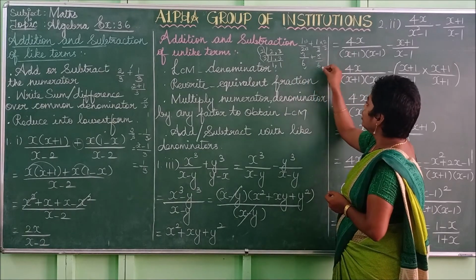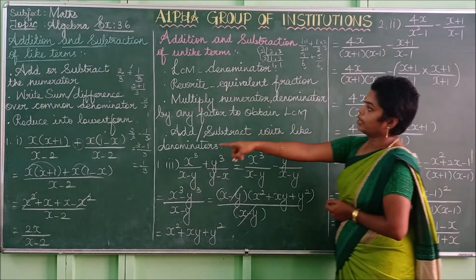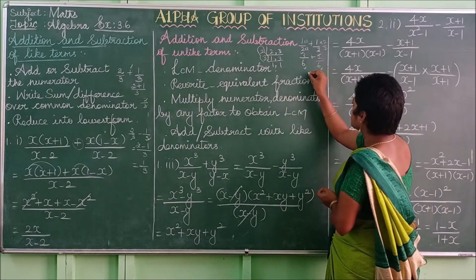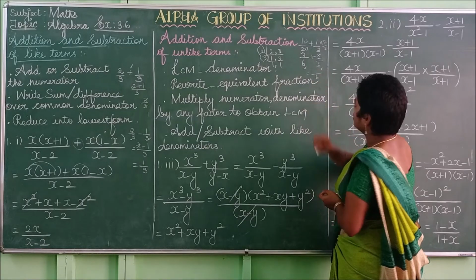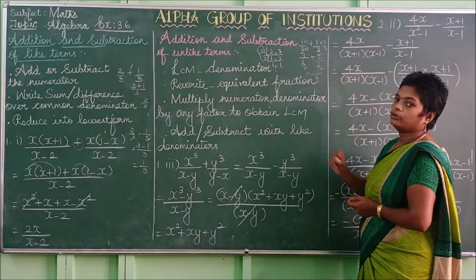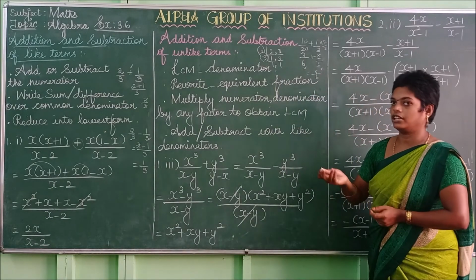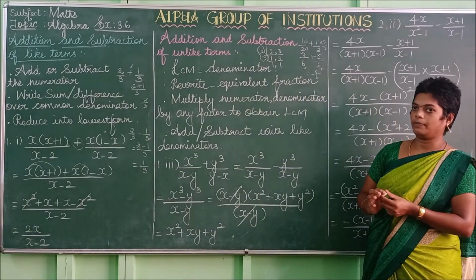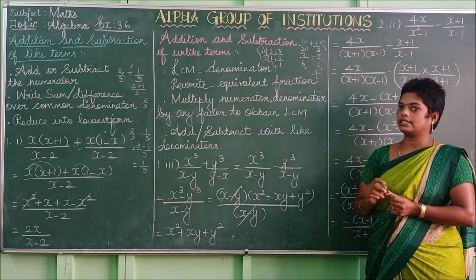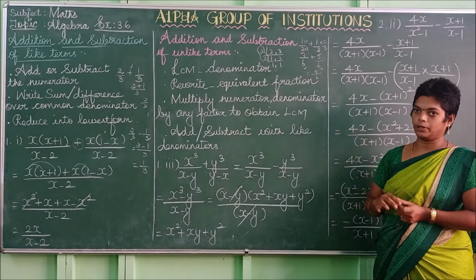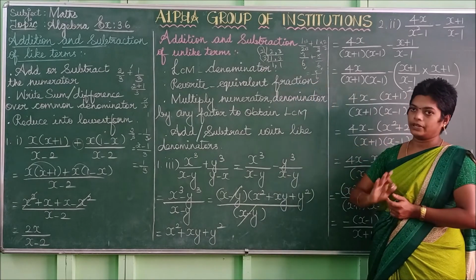Now check. Both the denominators are same. You can use that value. So the denominators must be same. You can take the common denominator and add the numerators. 3 plus 2 is 5. Here we cannot reduce the fraction. 5 comes only in the 5 table. 6 comes in the 1 table, 6 table, 2 table, 3 table. So there is no common divisor except 1. So you can leave this answer here itself.